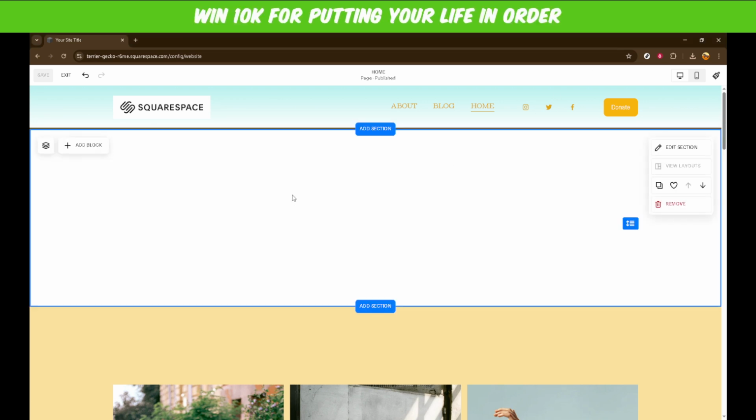This can typically be accessed by logging into Squarespace and selecting your site from the dashboard. Once you're in the website editor, you'll have the full view of your site as well as the editing tools on either side. It's here that we can start making changes to your site's structure and adding new content blocks